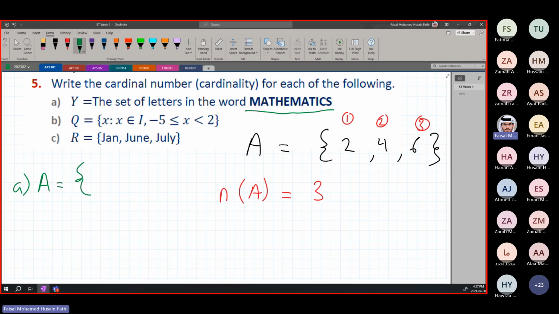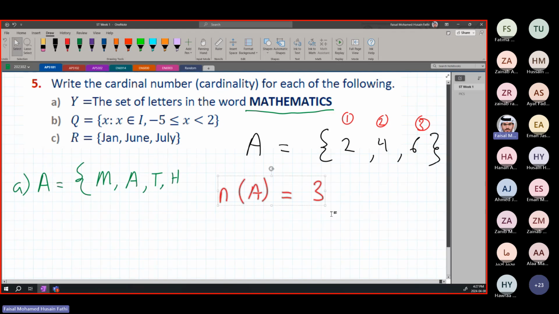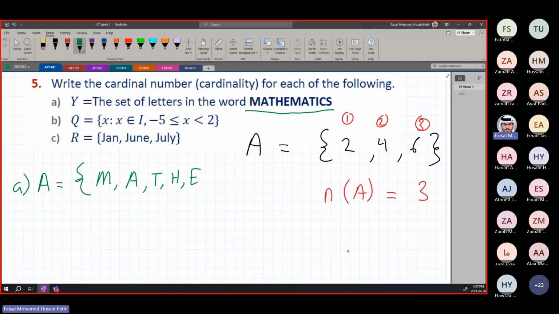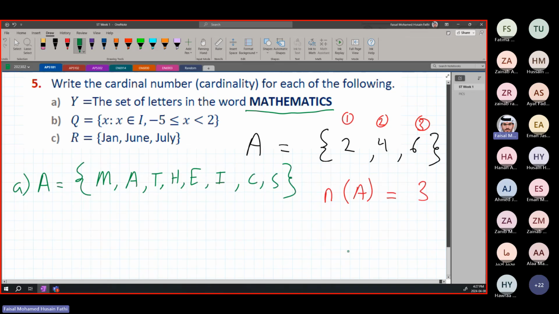So in this case, it's the same thing with letters. It has the letter M, the letter A, the letter T, the letter H, the letter E. It has the letter M, but we already wrote M, so we're not going to write it again. It has the letter A, but we already wrote A. I'm not going to write it again. It has the letter T. We wrote it. I'm not going to write it again. It has the letter I. Yes, we did not write it, so the letter I. It has the letter C, and the letter S. Okay?